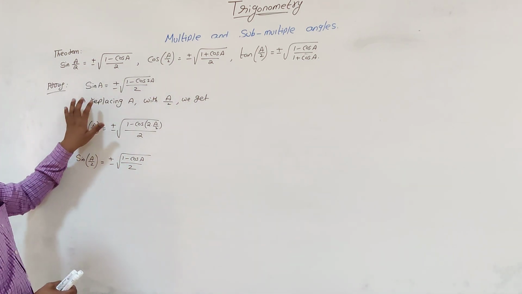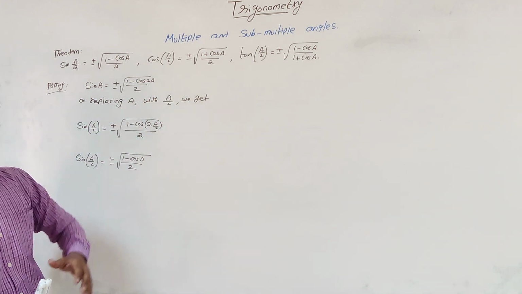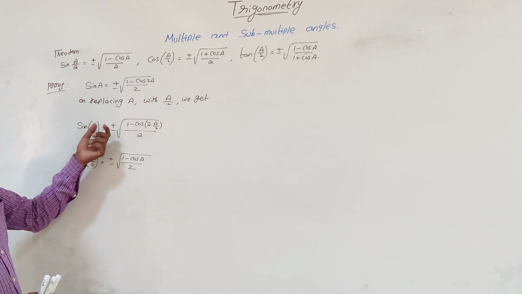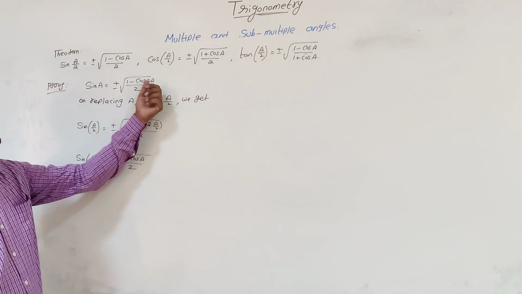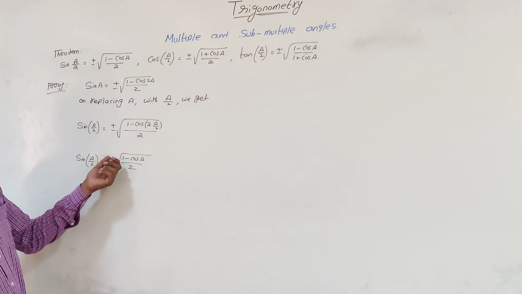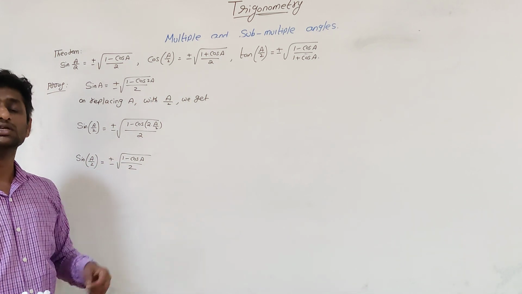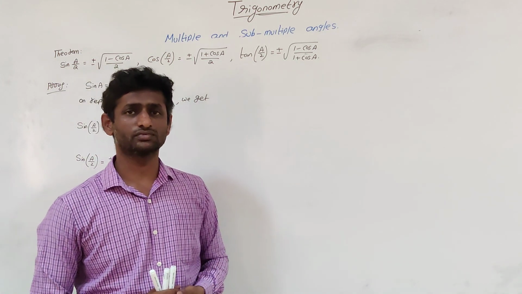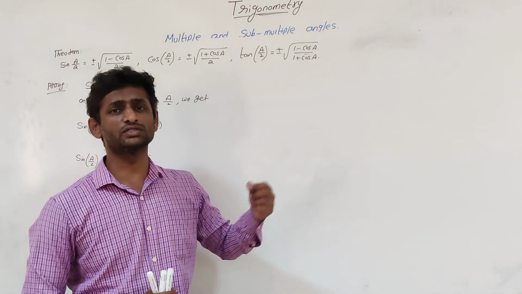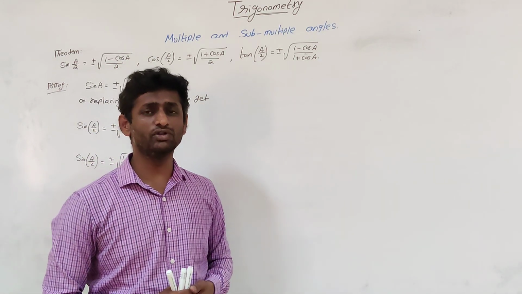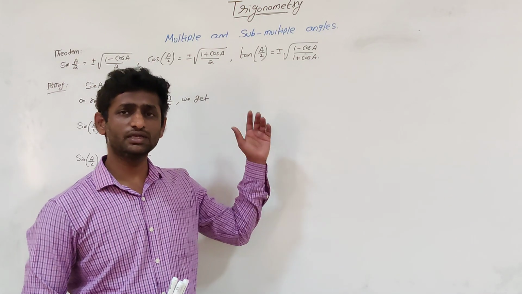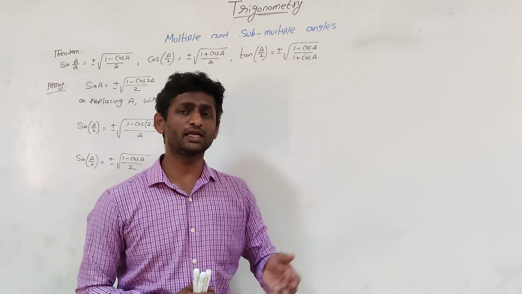As we have seen the result of sin a, cos a, tan a. What is sin a? It is plus or minus under root of 1 minus cos 2a by 2. Replace a with a by 2, we get half of the angle. Means sin of a by 2 will be plus or minus under root of 1 minus cos of 2 into a by 2. So that 2 gets cancelled, you will get cos a. So sin of a by 2 will be plus or minus under root of 1 minus cos a by 2. Similarly, we can prove for cos of a by 2, and you will get the result as plus or minus under root of 1 plus cos a by 2. And tan of a by 2 will be plus or minus under root of 1 minus cos a by 1 plus cos a. And these are the results of double angle, triple angle, half angles.